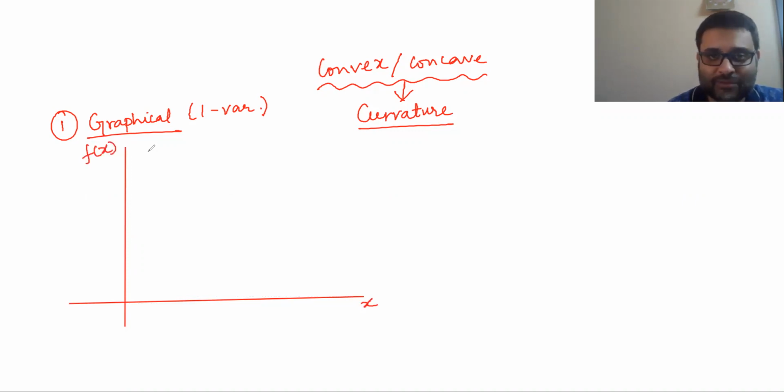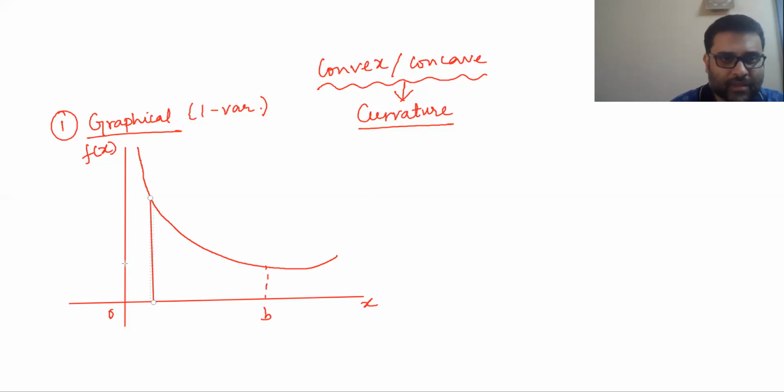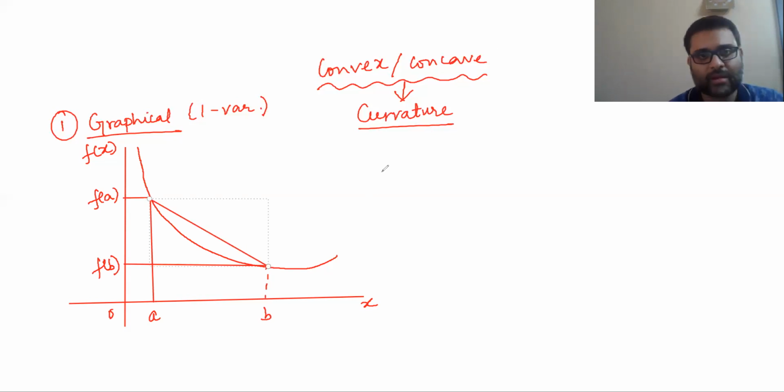The graphical approach is as follows. I draw the curve, okay? I identify 2 points. One is point B, the other is say point A. And I note down the functional values of the 2 points. So the 2 points are A and B. Functional value will be f(A) and f(B). Okay. And A and B are joined with a line. Correct? Now A and B is joined with a line here.